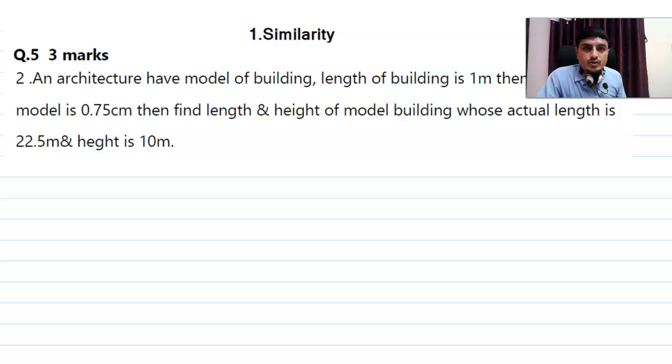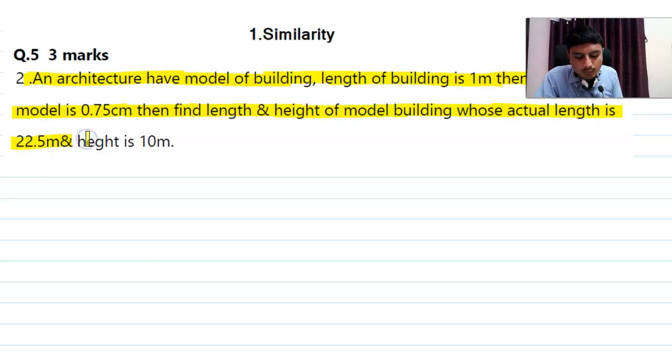Look at the second question from question number 5. An architect has a model of a building. Length of the building is 1 meter, then the length of the model is 0.75 centimeter. Then find the length and the height of the model building whose actual length is 22.5 meter and height is 10 meter. So here we have given the scale is of the form 1 meter equal to